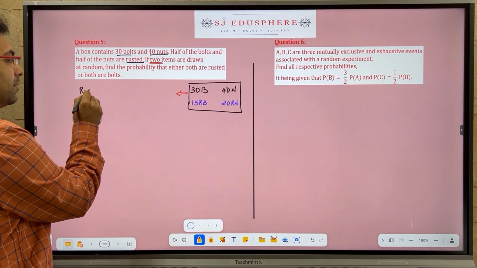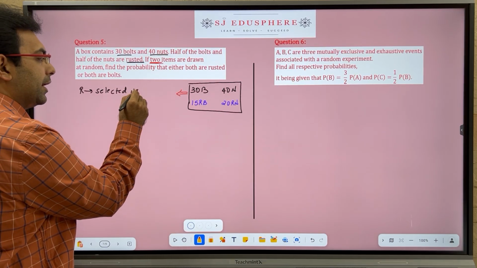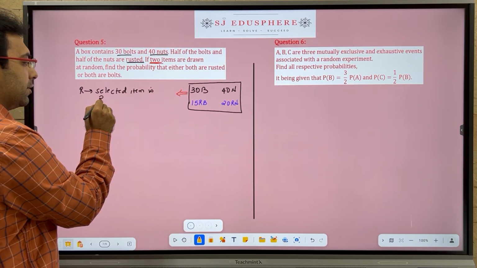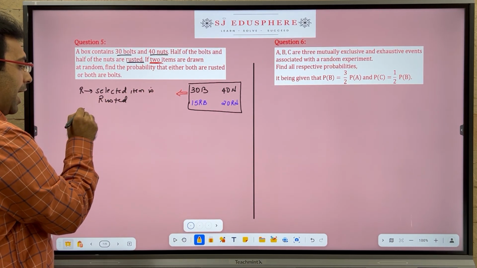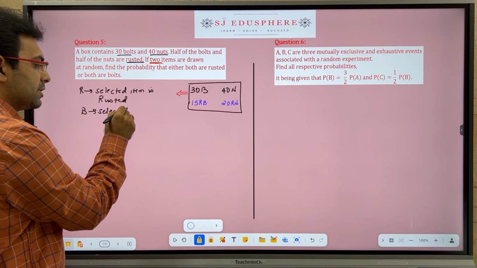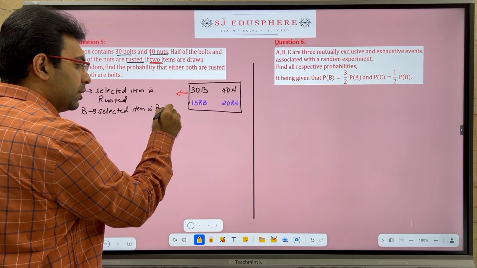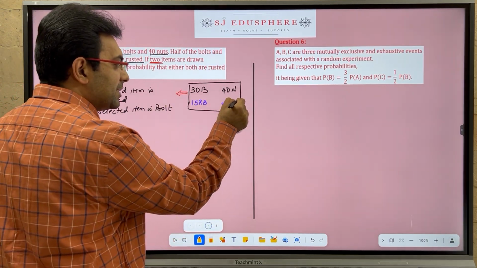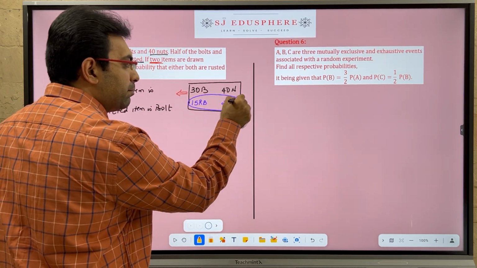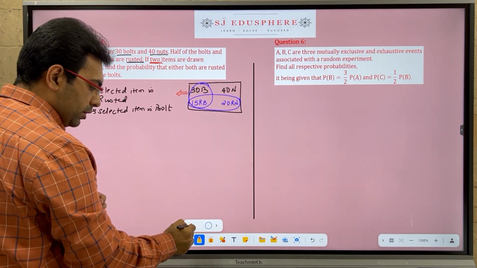R is an event, selected item is rusted, and B is an event, selected item is bolt. That means if I say this is your rusted part and this over here is bolt,